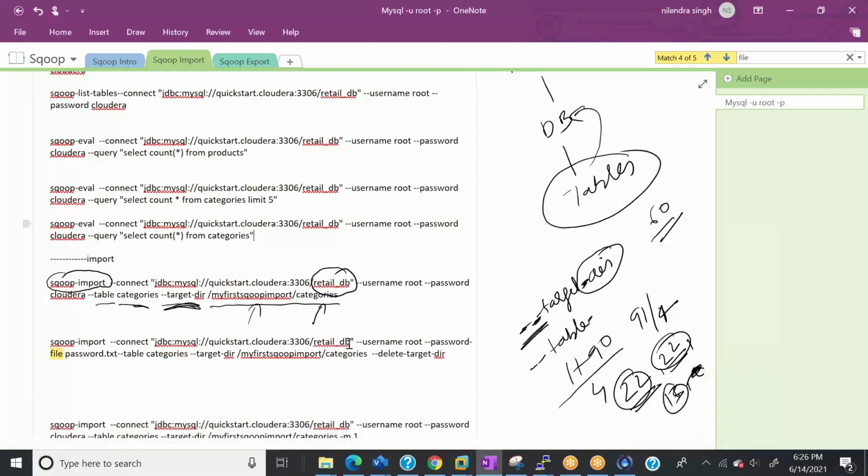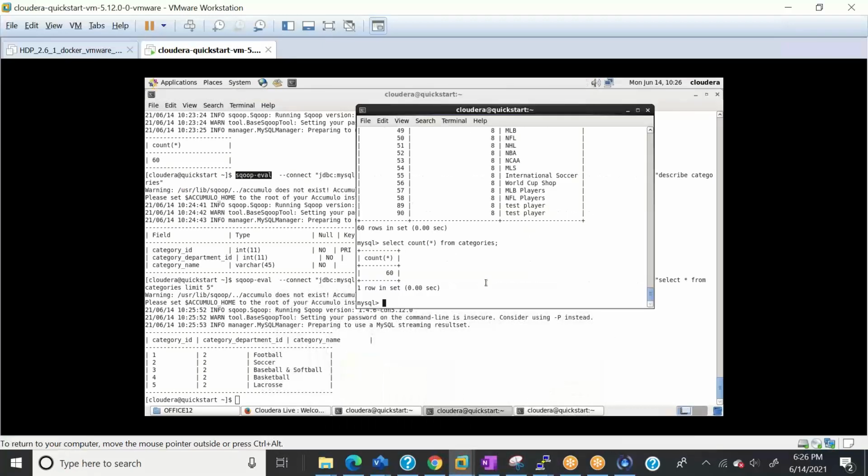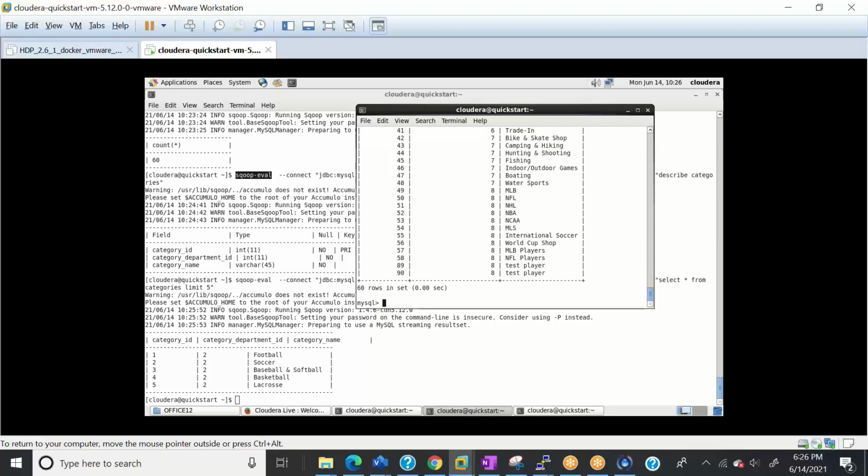But obviously, why are we doing this? Why do we have a tool like Sqoop, right? We already have the data in the MySQL database. Then why are we bringing the data with Sqoop? That's a big question, right? If I go quickly into the MySQL database, I can run any command there, and I can run those commands here too. Even the commands run faster in the MySQL database, right? Then why am I running those commands in Sqoop, and why am I importing data into HDFS?